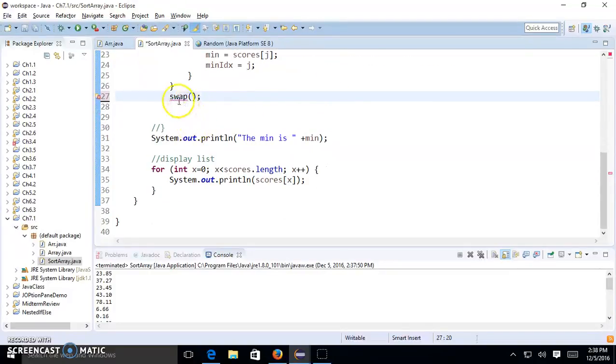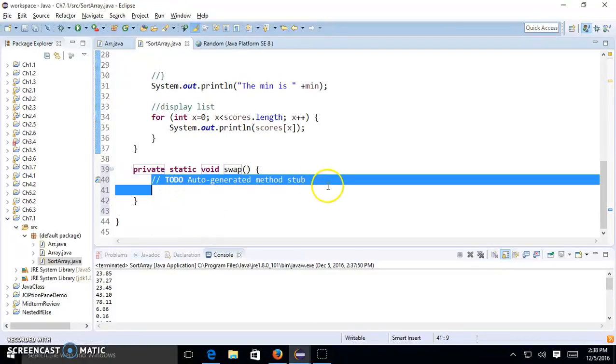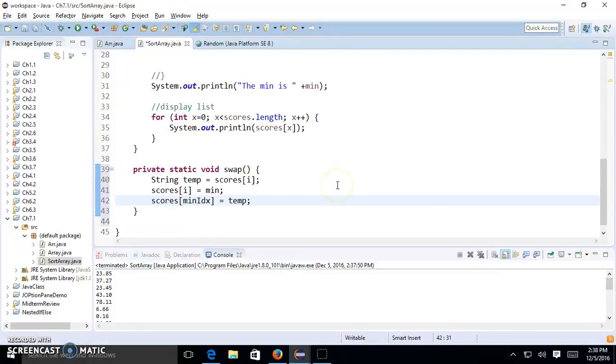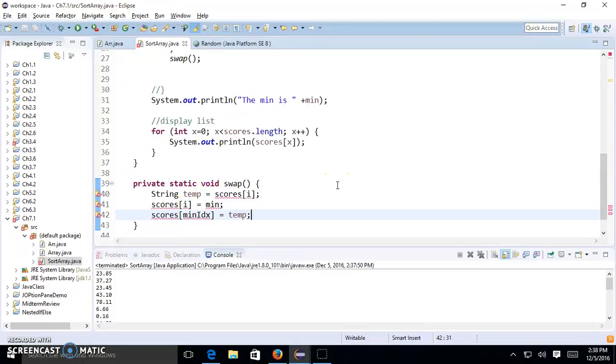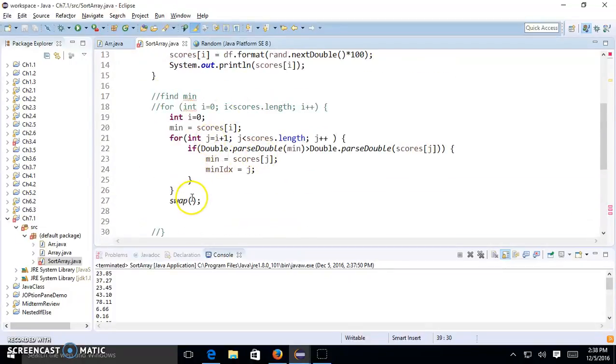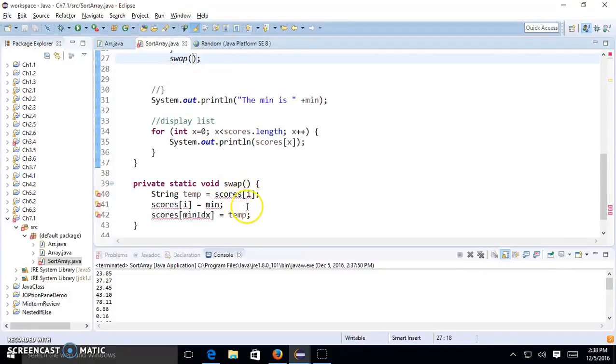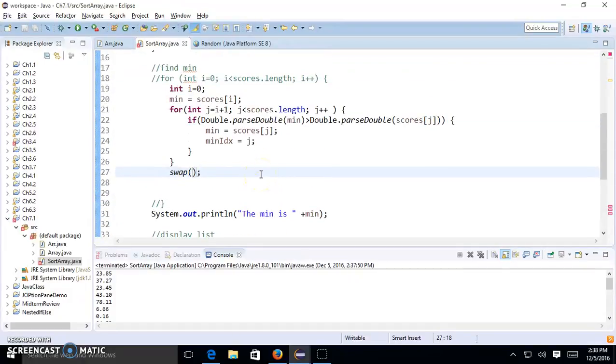And what will it do? I'm going to just create a method swap, right? And swap pretty much just does this, right? So the argument has to be passed, otherwise it doesn't know. So what do I want to swap? I need to pass min and an array of scores. So string,